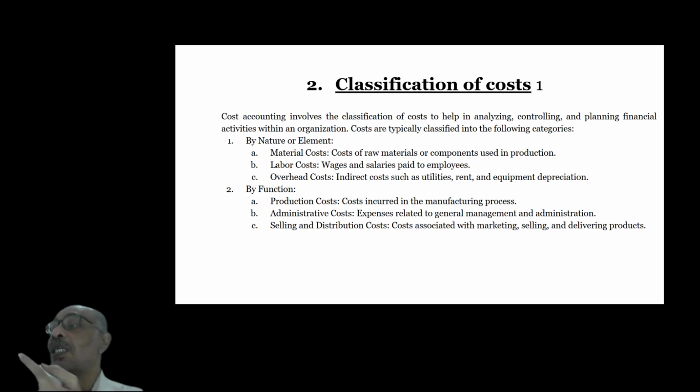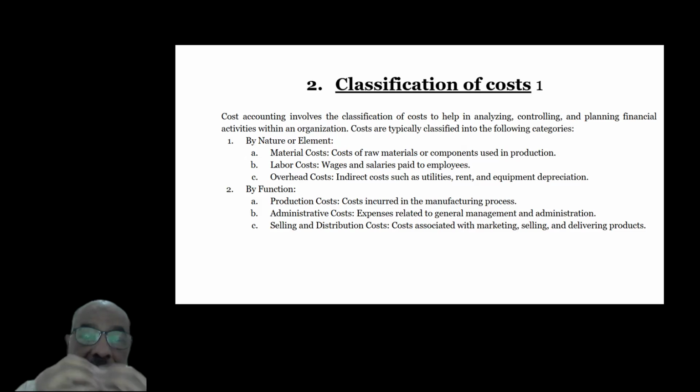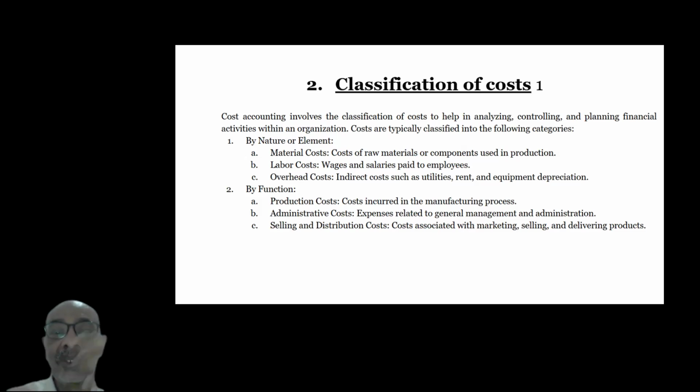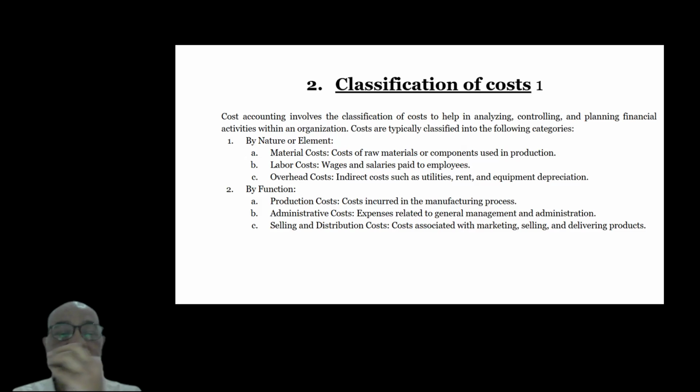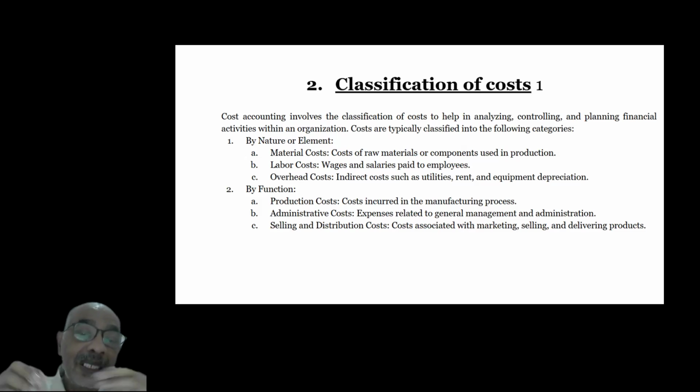There are three functions. Every function has costs. Production cost, like what? Any cost you incur to manufacture the product. Any expenses the company incurs to produce its product can be classified in this class, what we call production cost. Administrative cost,